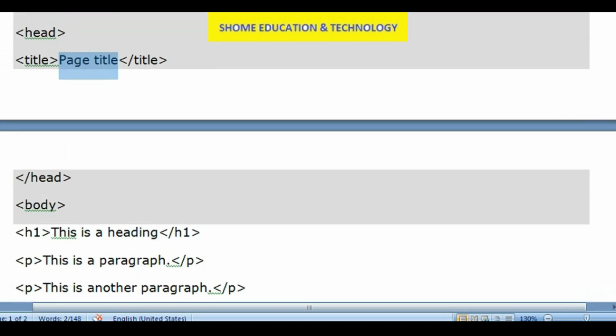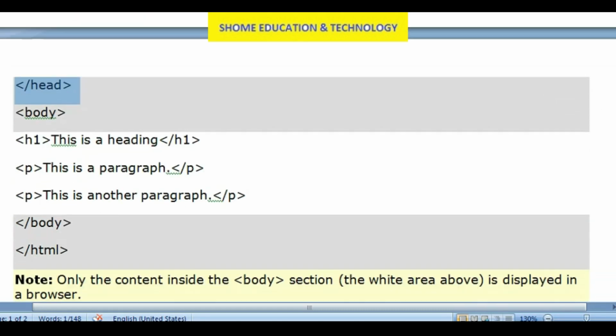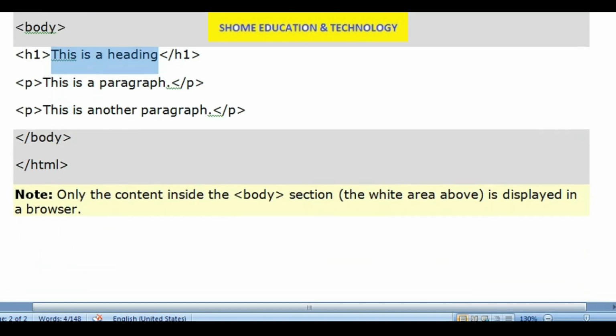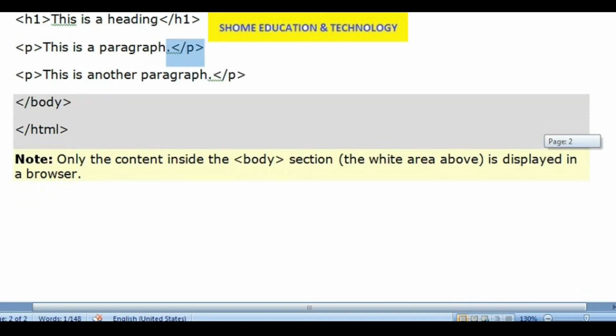Now see, the title tag closes with the end title tag here, and the head end tag is here. Now the body has started. This is the heading tag. The letters would be bigger for this tag. P is a paragraph tag, with the end paragraph tag. The line will occur in the next paragraph for this tag.